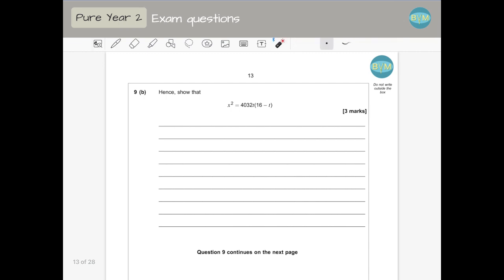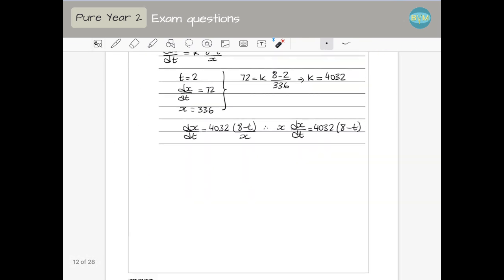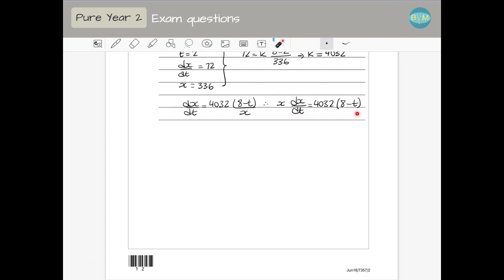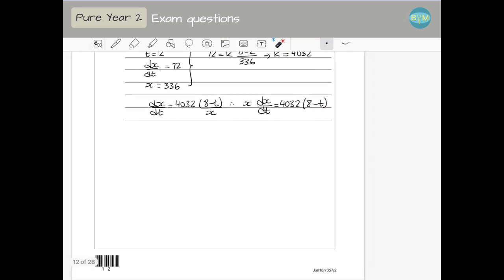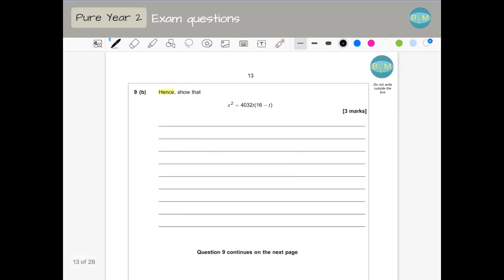Then for the next one, it says hence, so I'm going to use that expression that I just found, show that x squared is this expression here. So what I'm going to do is use this expression. It's a differential equation, so I'm going to integrate to find an equation that relates x and t. Remember, when I have a differential equation, I'm going to put all the x on one side and everything with t on the other side. So I'm going to integrate x dx